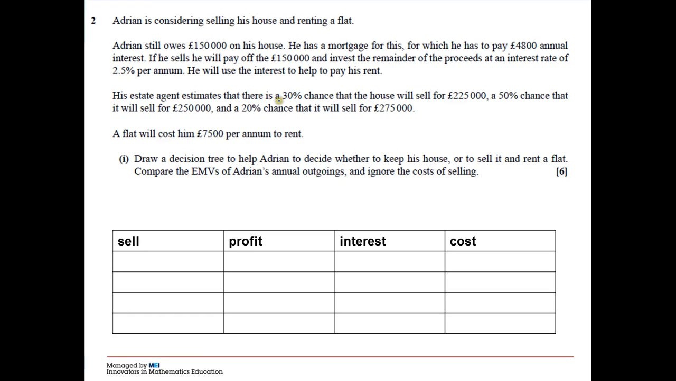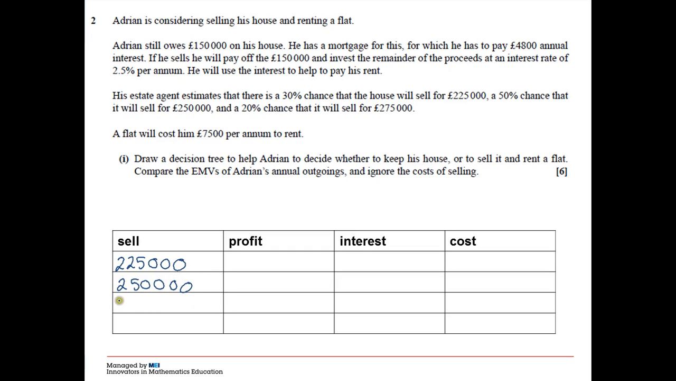We've got a lot of information here. We're going to have to do some calculations. So what I've done is I've set up a table down here to help me with the calculations. This isn't compulsory, but it's one way of doing it. And we're going to look at what sort of calculations we need to do. So first of all, the estate agent has told him that he may sell his house for £225,000, or he may get as much as £250,000,